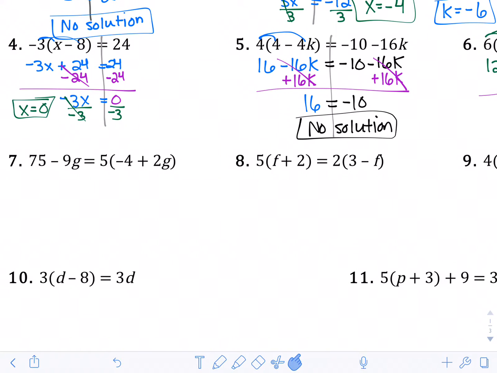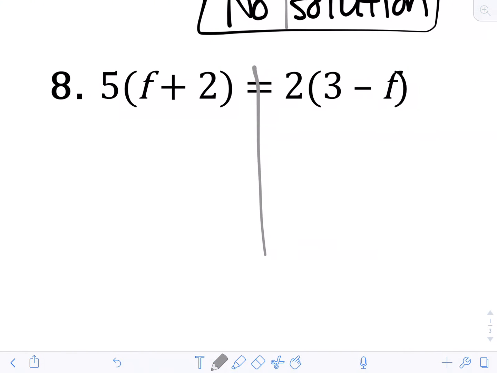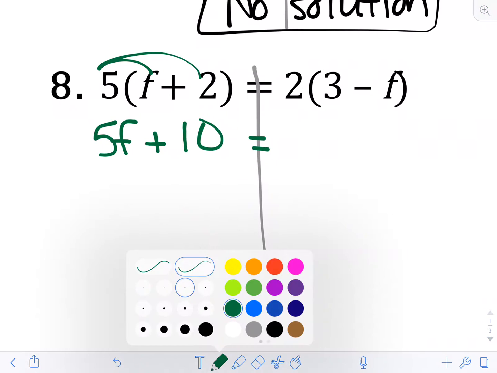Alright, so I'm going to skip around a little bit. Let's see. I'll do this one here in the middle, number 8. So number 8, I'm going to draw my line down the equal sign. I'm going to go ahead and distribute this 5. So I have 5f plus 2 times 5 is 10 is equal to, on the other side, I have a